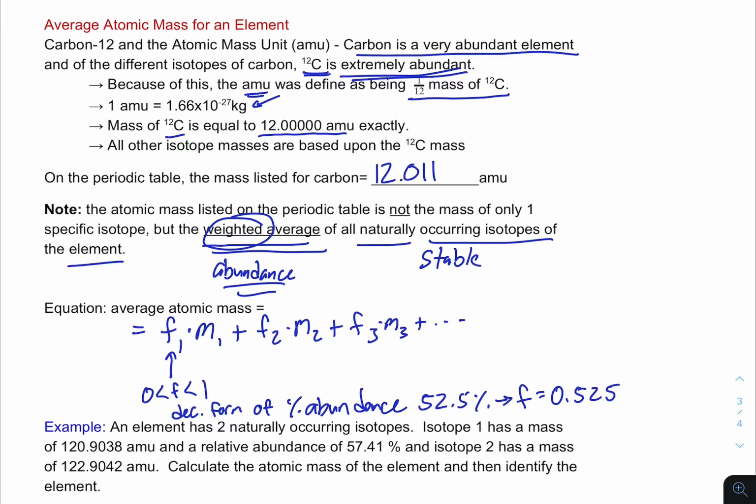And then we multiply it by the mass and say that's the contribution that that isotope gives to the mass. And we do that for all of the different elements. And what we'll find is that that mass is close to all the different isotope masses. Now that we have this general idea present, let's go ahead and work through an example together and